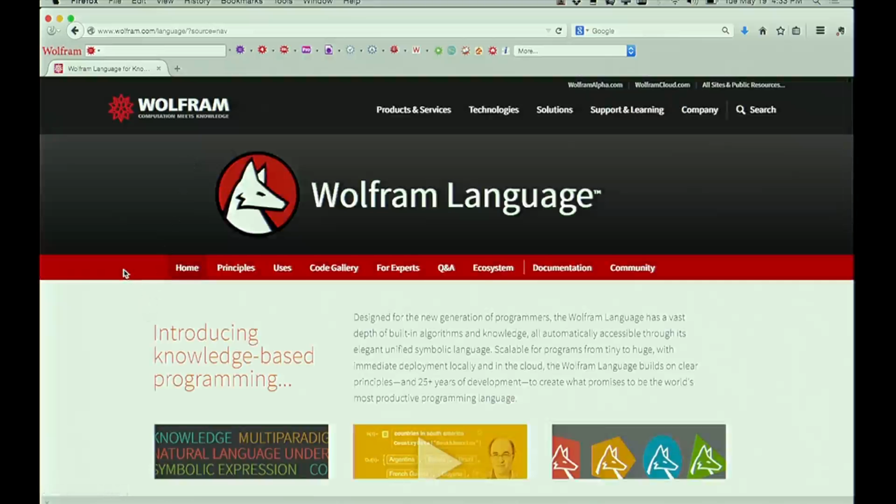It's just emerging into the world this year. The idea of the Wolfram language is to do something a little different than pretty much any other language has tried to do.